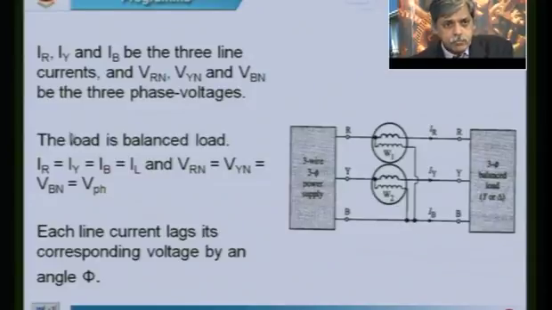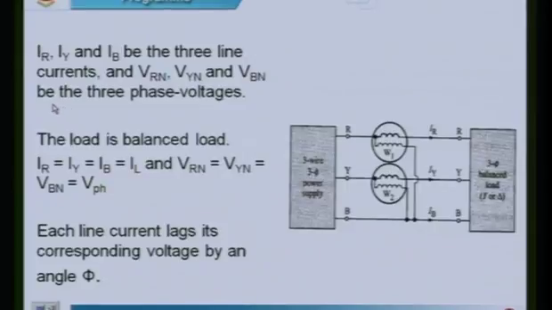Now, instead of taking the instantaneous values, because I want to write an expression for the wattmeter reading where I need to consider the angle of the voltage and current, and moreover I need to give an average value for the power, I am considering RMS values of voltages and currents.